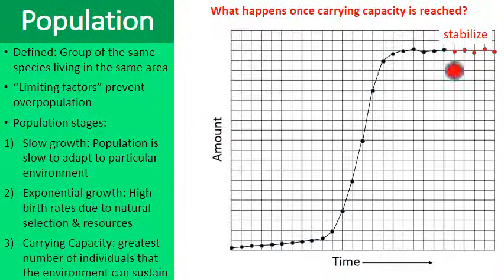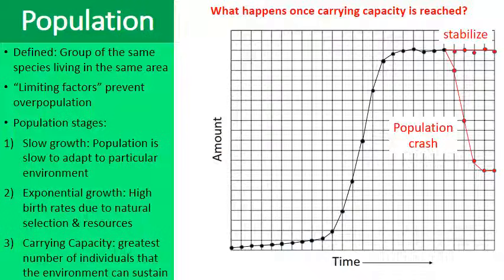Well, the other possibility is this here. If I plot the data points, what is called a population crash. So which of these is eventually in store for humans? Will humans stabilize after reaching carrying capacity, or will the human population experience a crash? Well, we just don't know. Hopefully we can take the lessons from ecology and other areas of society and other areas of culture to prevent this population crash.